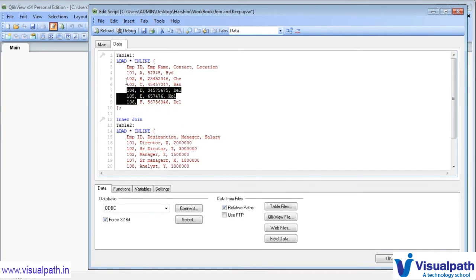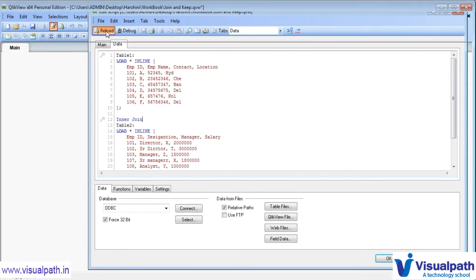That's why the data will be stored only for these three people. So now let's do an inner join between these two tables. Keep the inner join function, save it and reload it.